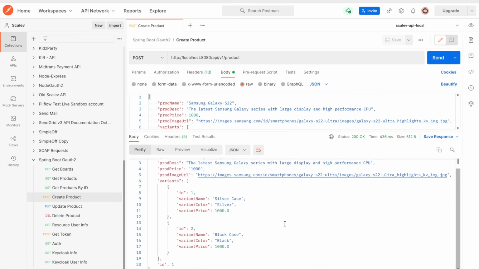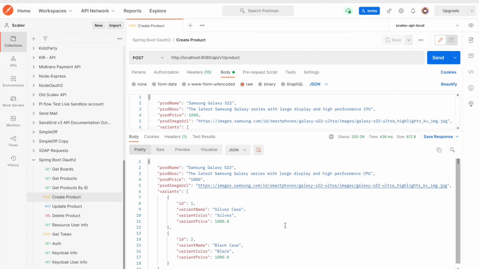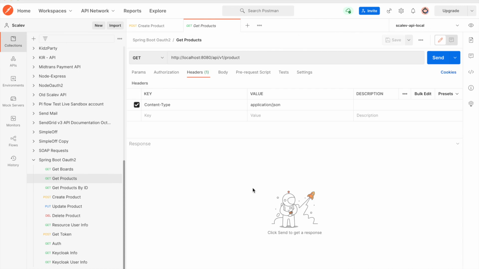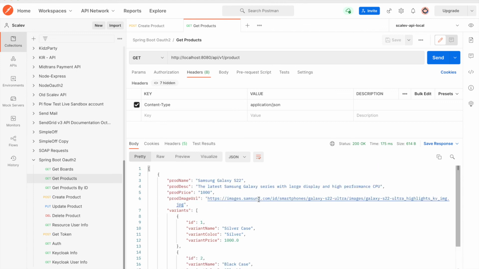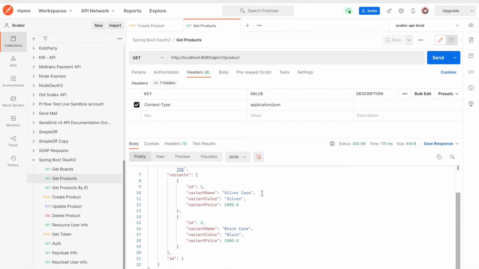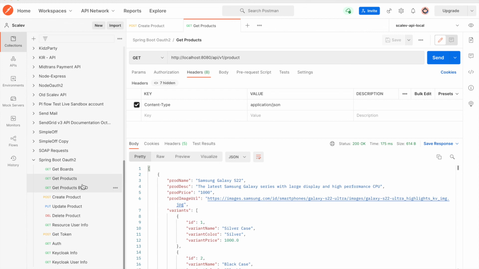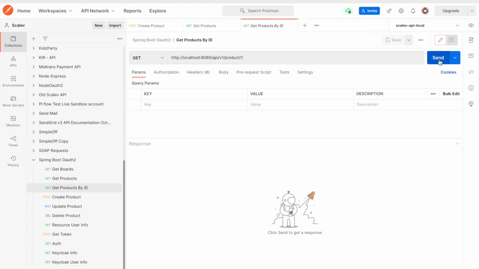And here's the result of the POST products. And here is the GET products with the same URL request and headers. Click the Send button, and here's the result of the product list with all variants. Here is GET product by ID,